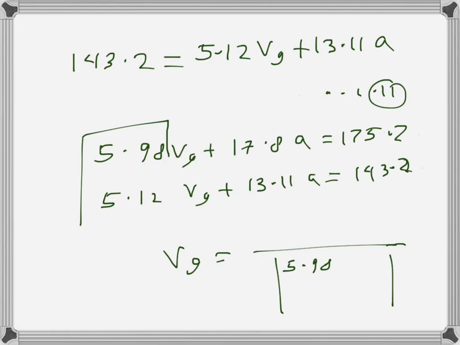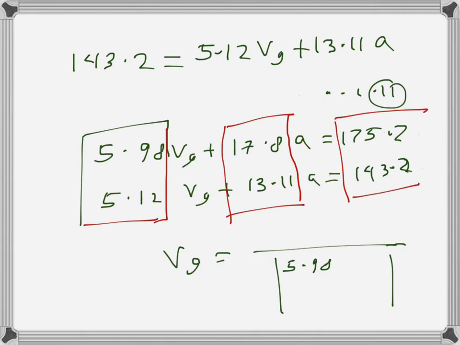Maybe I will use a different color. So this one and the, sorry, that's a plus sign anyway, so that is the coefficient, and here we have the constants. So 5.98, 5.12, and here 17.8,